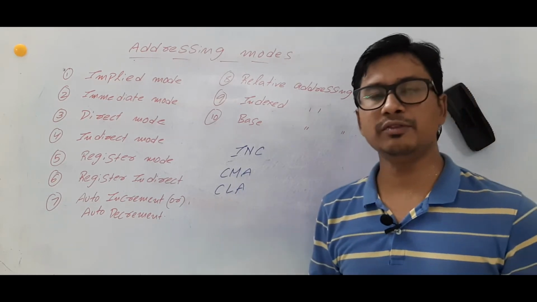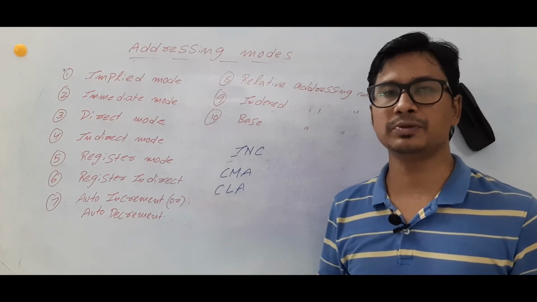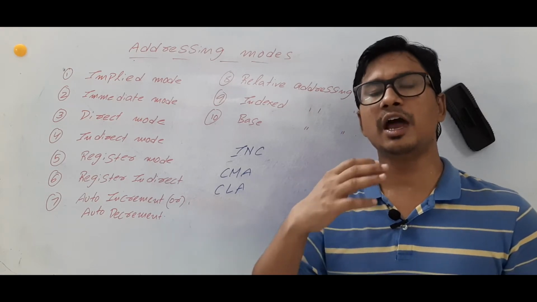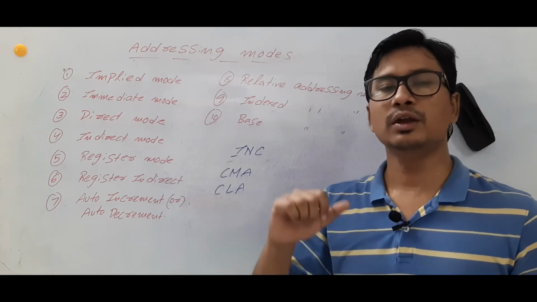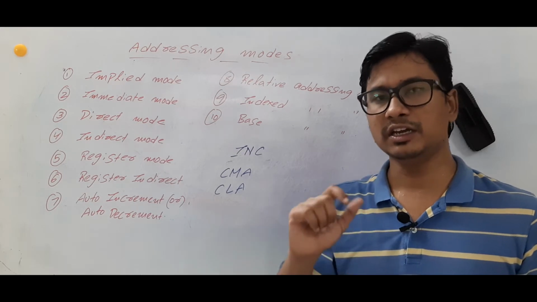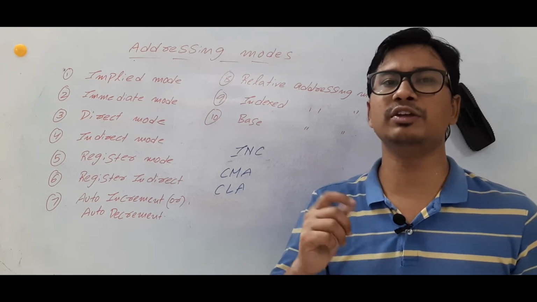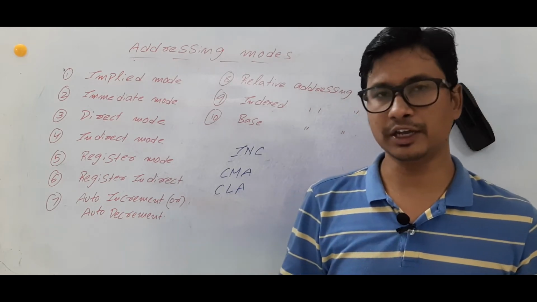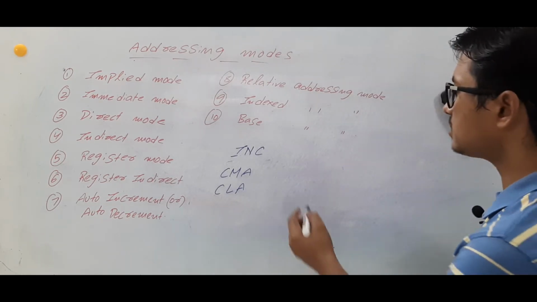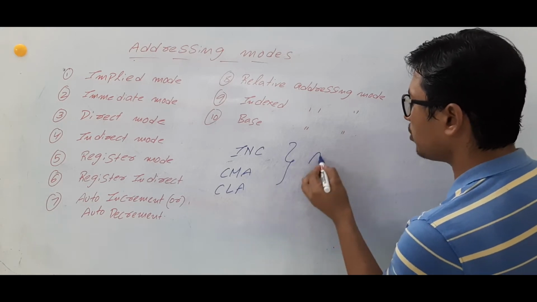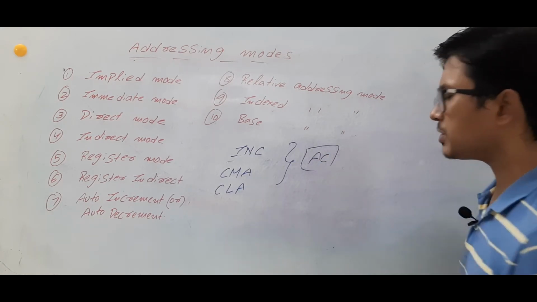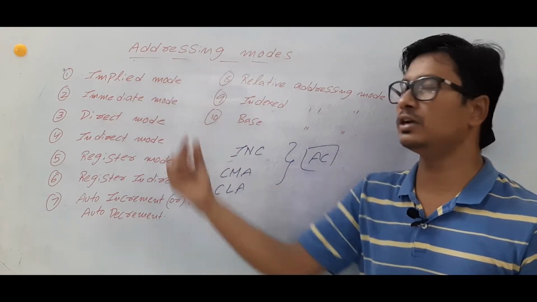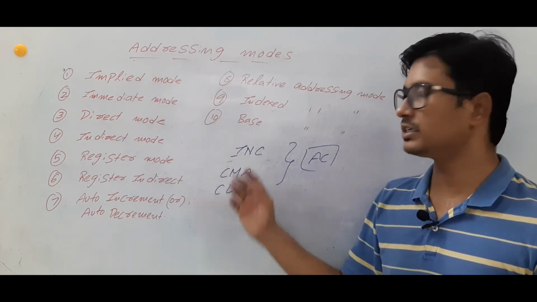As in the earlier video I have discussed, we have special purpose registers like accumulator, program counter, instruction register, and address register, and so on. Now what is the purpose of the accumulator register? It will store the temporary results, or even if you want to perform the one address instructions, then we will use the accumulator. Now these three instructions will be performed on the accumulator. Are we specifying the operand here? We are not specifying the operand, so that's why we call it an implied mode of instruction.